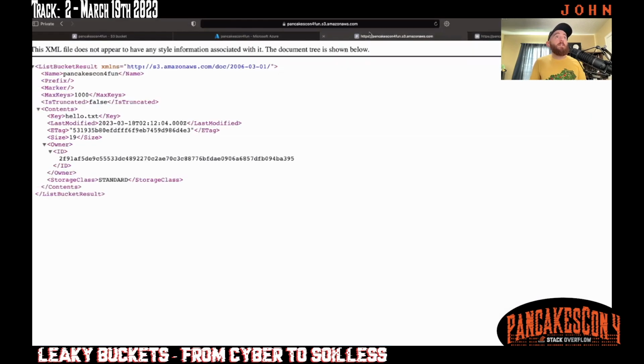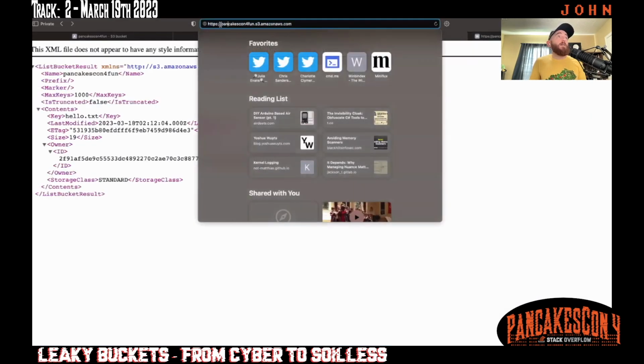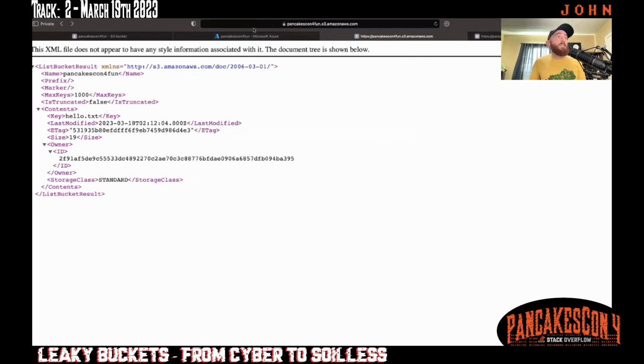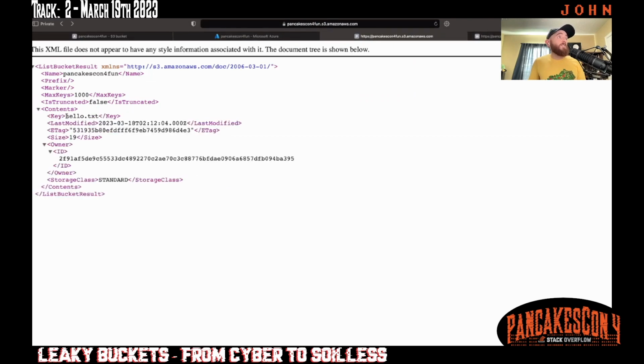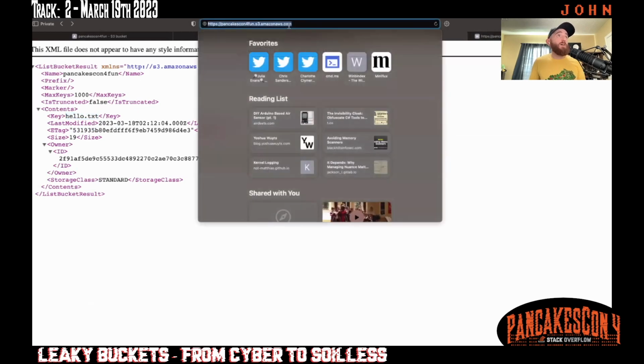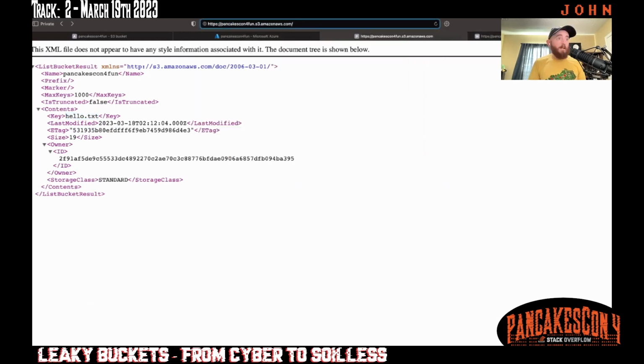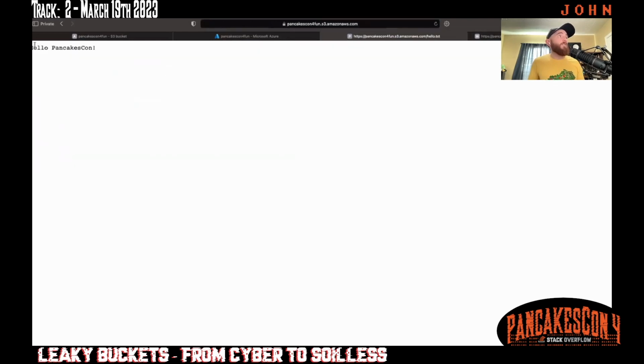So then we can come over here and build a URL which has our bucket name.s3.amazonaws.com. And if that listing is enabled, then we should get back some XML that contains contents, and it lists one key in here, hello.txt. And since we also are allowing get object, we can look up hello.txt and get a nice little message here.